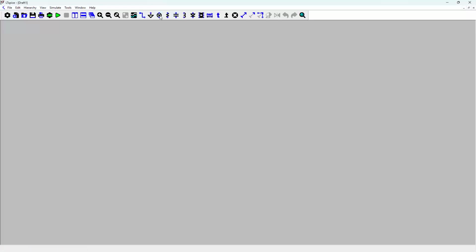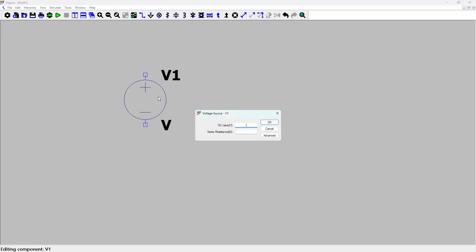One of the components here is a voltage source. Once you click on this one, you're going to get a voltage source here, and then you are going to have another one here. In order to cancel this one, you need to press Escape. Okay. So this is a voltage source, and if I right click on this one,